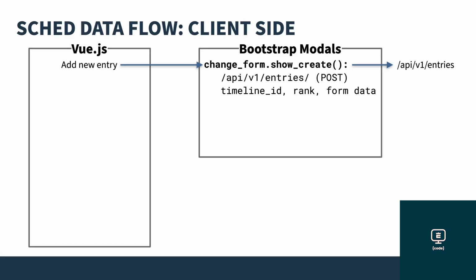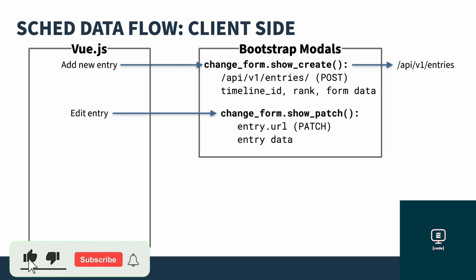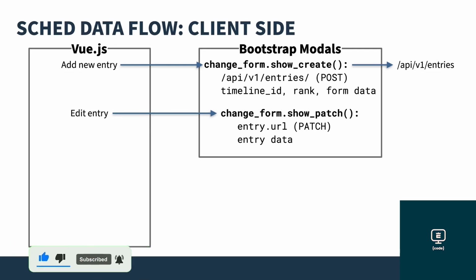A similar process happens when an entry is edited. The same form is used, but this time it calls a method called showPatch. ShowPatch takes two parameters: the URL of the object being edited, which would be the entry object inside of Vue.js that's actually being edited, and its URL attribute, and then the data from the actual entry object. ShowPatch shows the same form, pre-populated with the data from the entry object. The user can then make